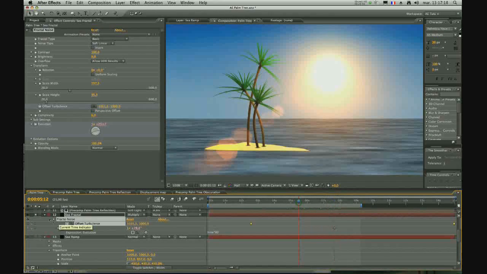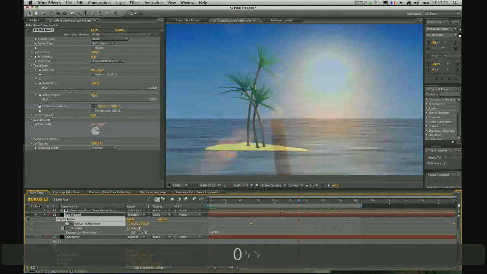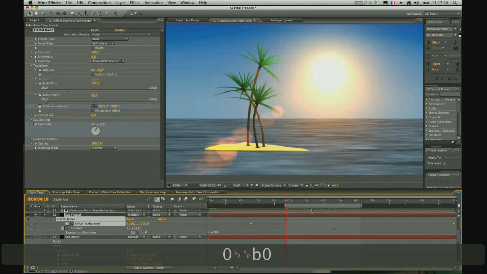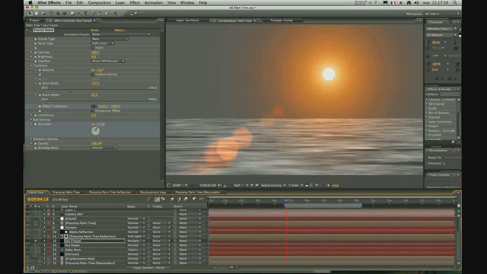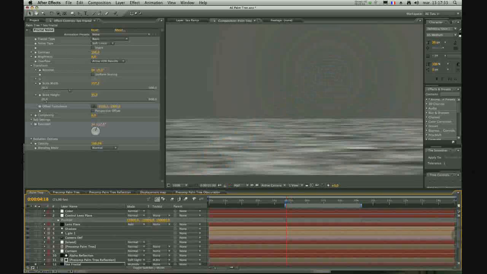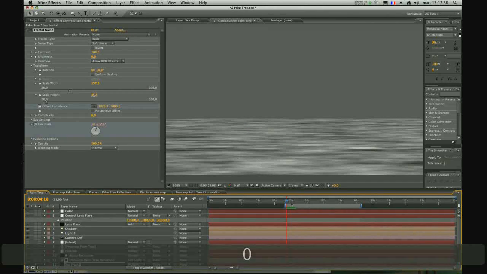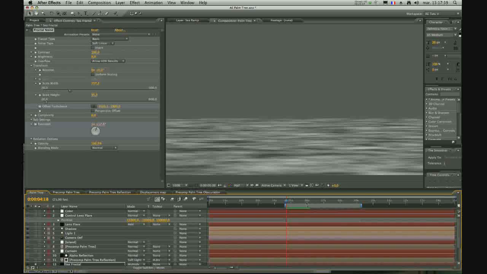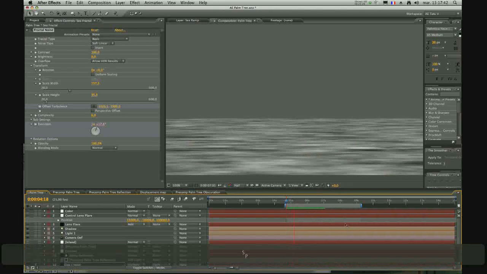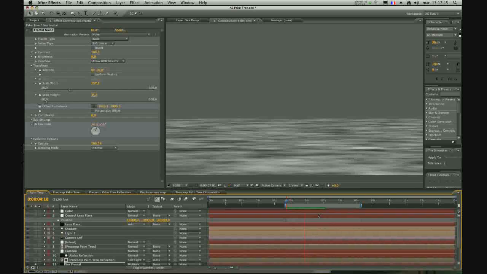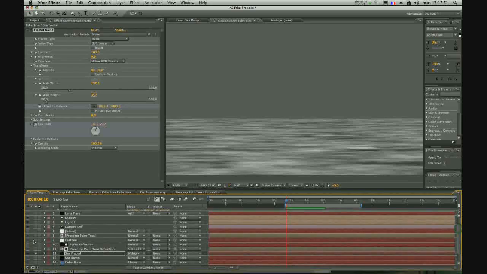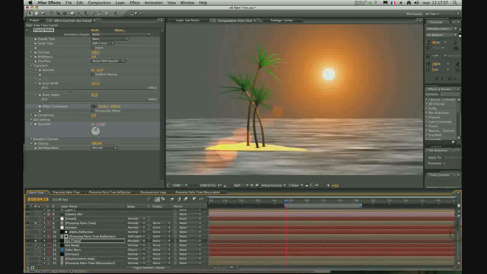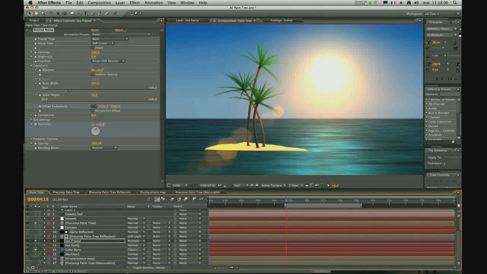So if I do a quick RAM preview. No, sorry. You see. I make this one solo. Turn that off, and I can turn that off too. And this makes the sea smoothly moving like this. Okay, it's a really basic setup. And then I've got my sun, lens flare, I've got my sea ramp, I've got my sky, and everything